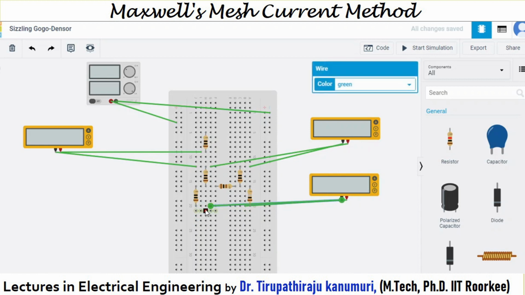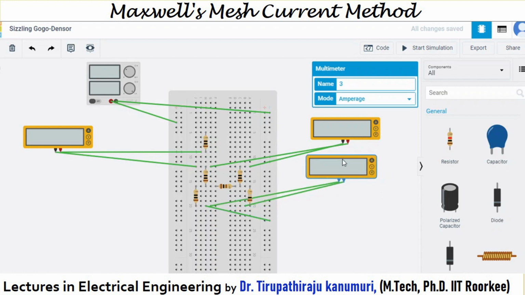So now this common point, any point from here I have to connect to the negative bus bar. So the negative bus bar is closed now. Okay, so now I am adjusting the position in such a way. You can see this 1 ohm resistor is connected through this ammeter. It is connected to the junction. This junction is connected to the negative terminal. So the circuit is closed now.